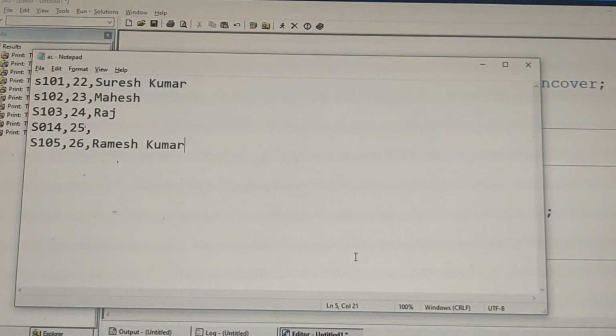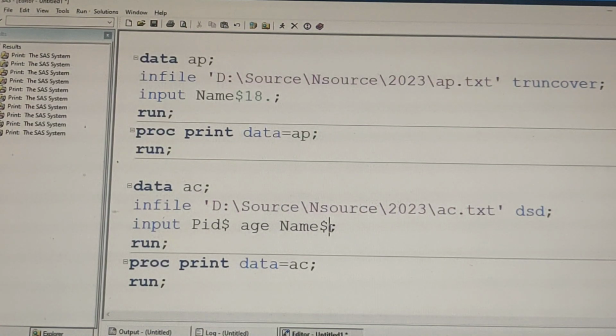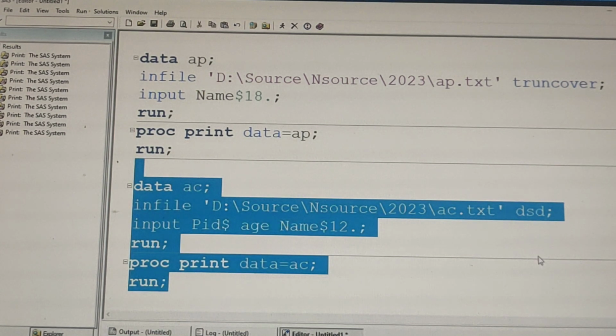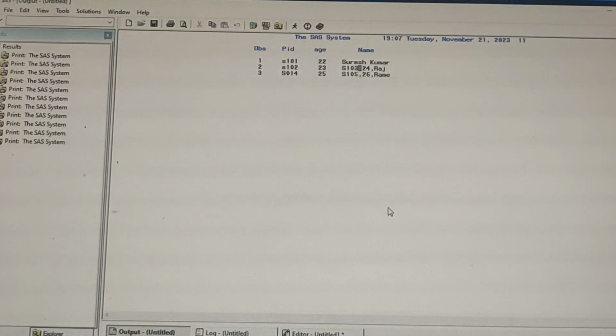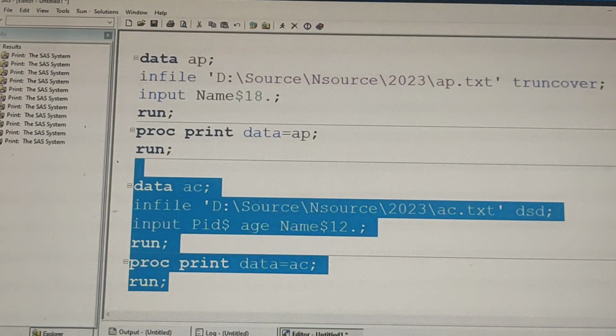Dollar width data only. What is the total width size here? 1, 2, 4, 5, 7, 8, 9, 10, 11, 12. 12 bytes only. We have to use 12 dot. Okay. Now I am using DSD also. I used it here when I submitted. Is this the correct output? No, we are not displaying the proper data here because I have mentioned the 12 bytes